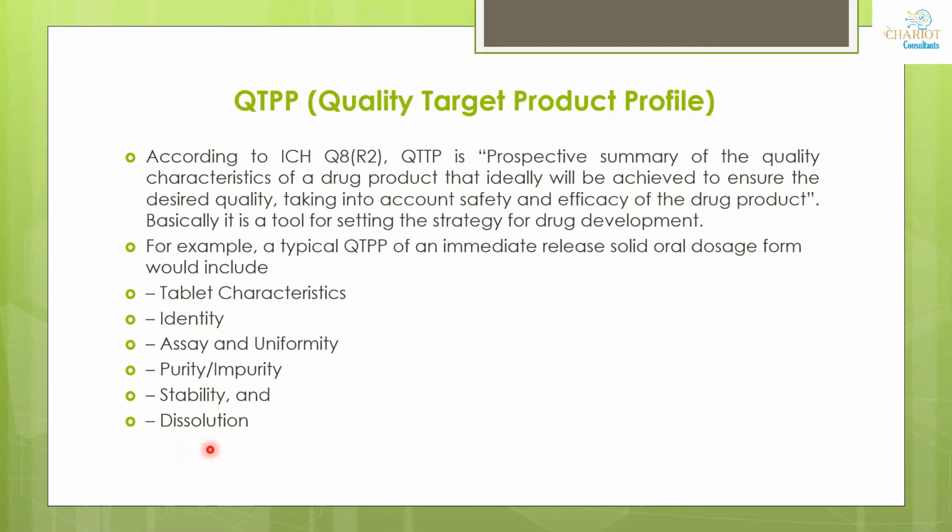Dissolution. You will have to define the dissolution specifications as per the monograph. So the targets are not as per your understanding. Those targets should be as per the monograph, but you can increase your target. For example, now I'm saying that as per the specifications, the SA value is 92110. You can increase the target. You can say that no, I want a tablet in which my target SA value should be 95 to 105. I'm changing those limits. So regulatory will definitely accept it, because you are keeping your targets very defined.